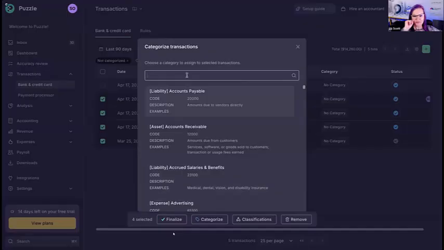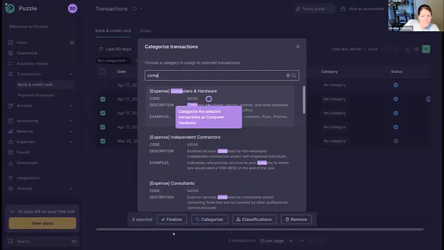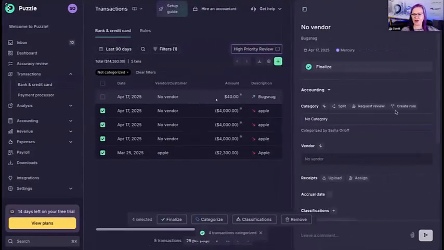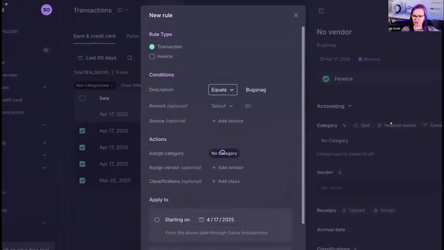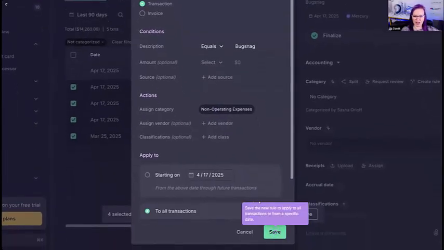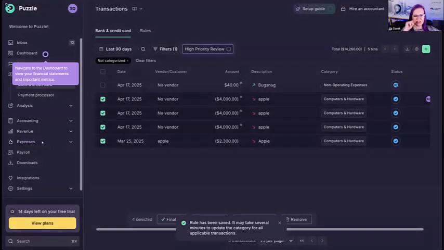Here it is in bulk. Yeah, so if you wanted to categorize a selected transaction as computer hardware, create rules. So it's telling you how to create rules. I think with anything new, being able to learn how to use the software is important. We're familiar with creating rules, so this feels familiar. So we're going to assign a category to it and save the rule. And then we want to see how it does it in bulk. So now that we've got a brand new rule,